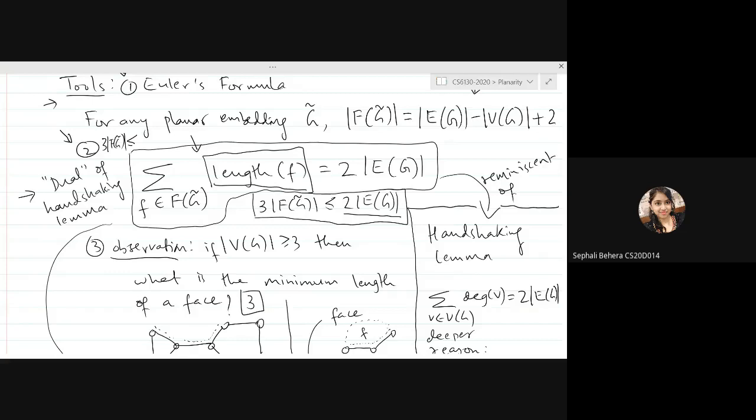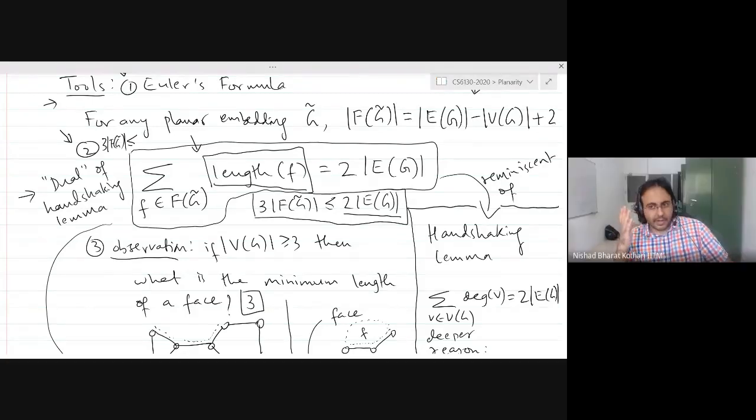So yeah, again, I didn't get it. Supposing your graph has 2 faces. Let's just work with 2 faces. Let's say you sum up the lengths of the faces, right? You know that the length of each face is at least 3. Then I claim that the total sum of the lengths has to be at least 6. Do you agree? Exactly. Now generalize it from 2 faces to k faces.